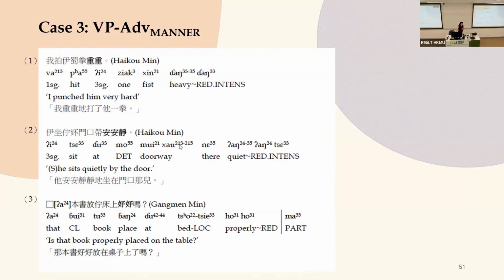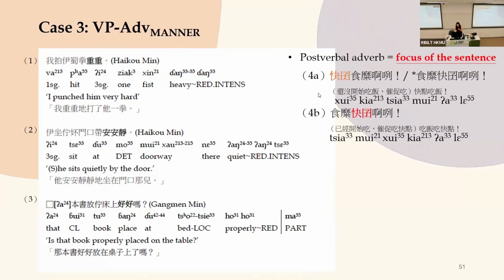Okay, this is the post-verbal locative PP complement, and then you have the adverbial phrases here. So it's peculiar, but then if we examine them closely, it's not that peculiar,